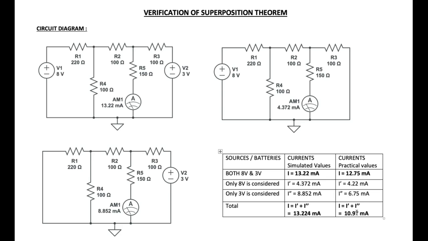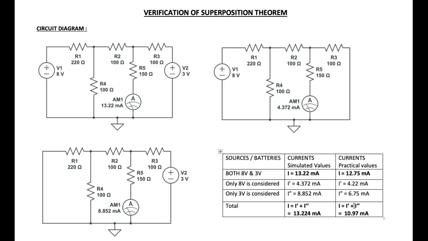Why this difference occurs is because we are measuring using a multimeter, plus over a prolonged duration the 9 volt batteries get reduced. I had considered a 9 volt battery, but when measured in this circuit, it had dropped after a period of time to 8 volt, and the other battery dropped to 3 volt. Originally the battery is of 9 volt range, so it had dropped. Depending upon usage, the voltage of the battery also drops. Due to the prolonged duration we took for measuring the current, we have this drop. But basically when applying that theorem, we get almost equal values.